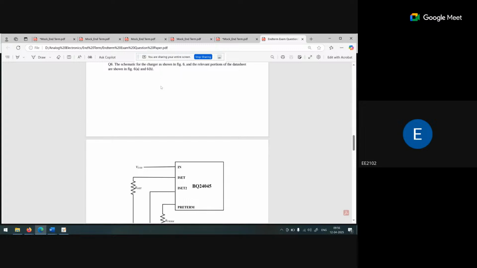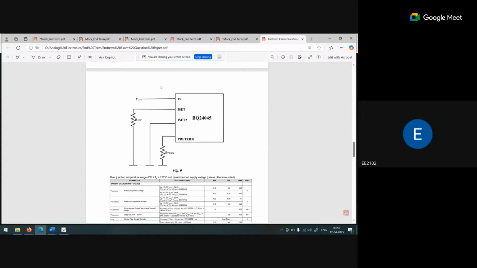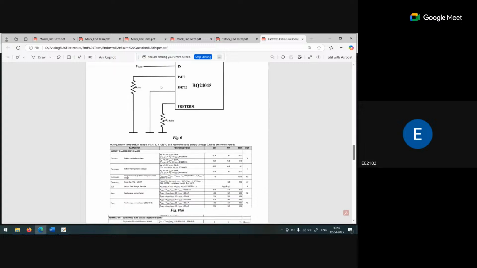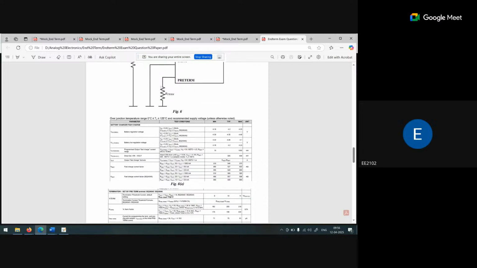So we have two parts, one is this one and second is this one. The value